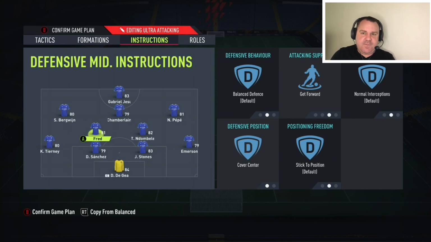But having them on get forward did allow them both. They were like driving on, particularly Fred, and then he was able to commit a defender and then slip Jesus or Chamberlain or one of the wide players in. And I'm thinking, would that have happened if I didn't have him on get forward? And I don't think it would have done, because he just started to make his run. I'd slip it into him, and on the run he would start playing it through. So I'm keeping him on get forward at the moment,